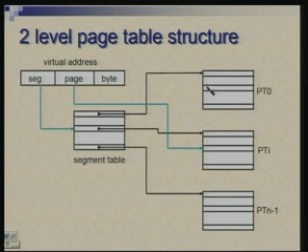The starting addresses of these page tables are pointed out by another table which we are calling the segment table. First, you make an access to the segment table. Imagine that the virtual address is divided into three parts: segment number, page number within a segment, and byte number within a page. Using the segment number, you pick up one entry in the segment table. This will tell you where the page table is. Let us imagine that the page table you are looking for is in the physical memory.